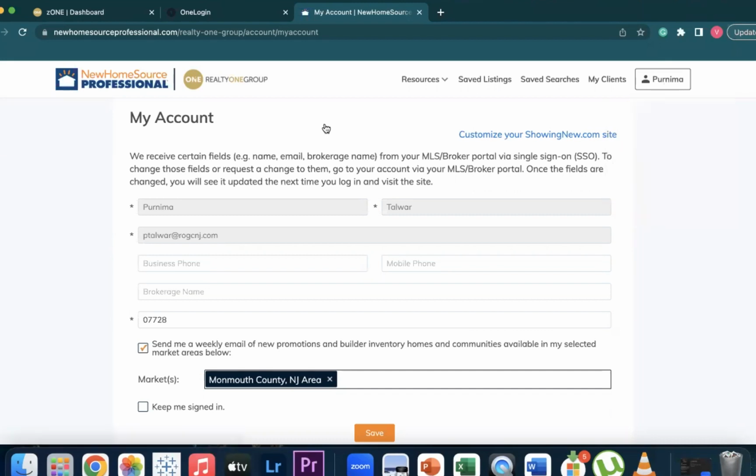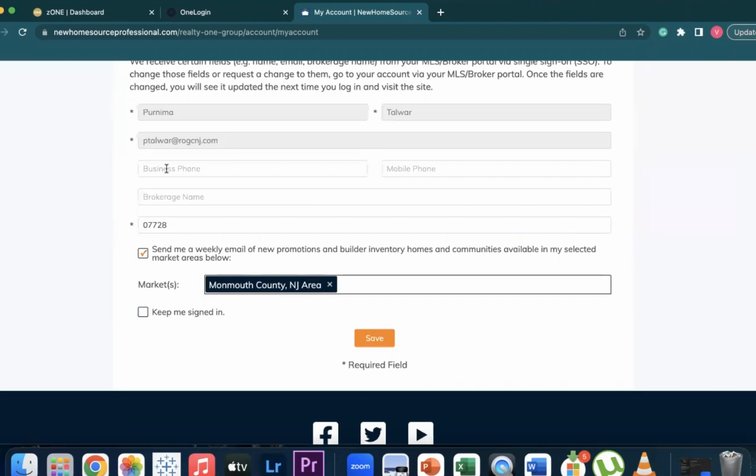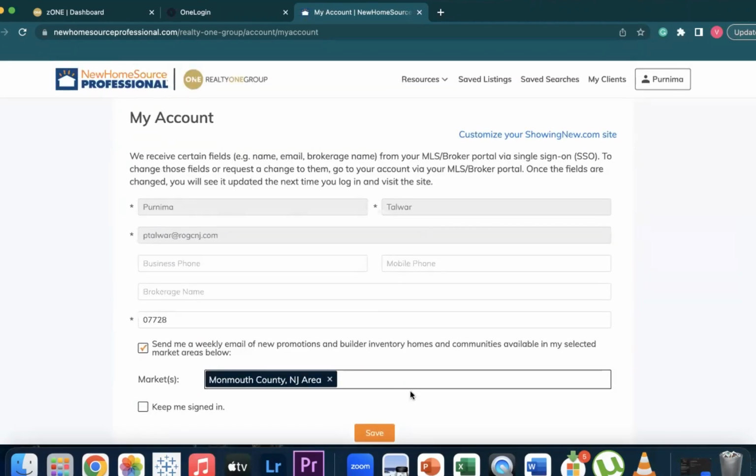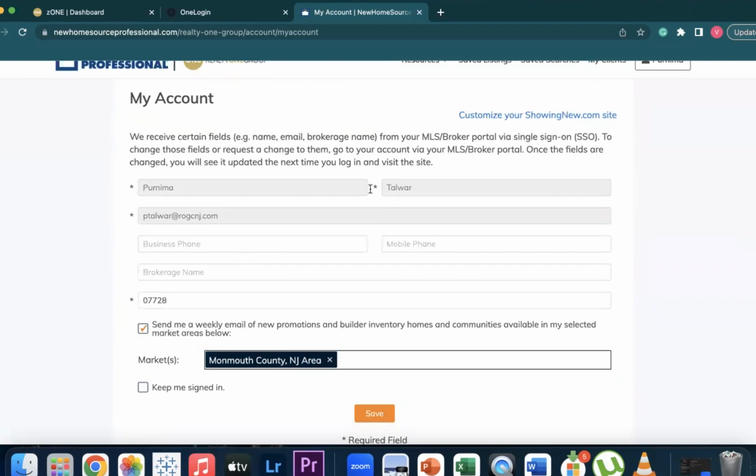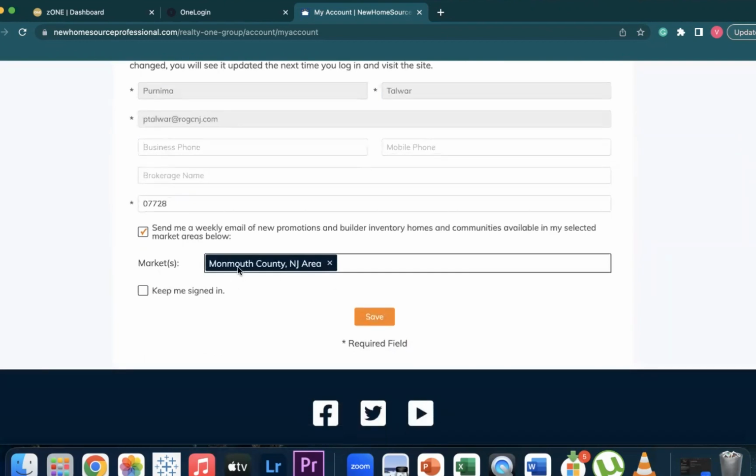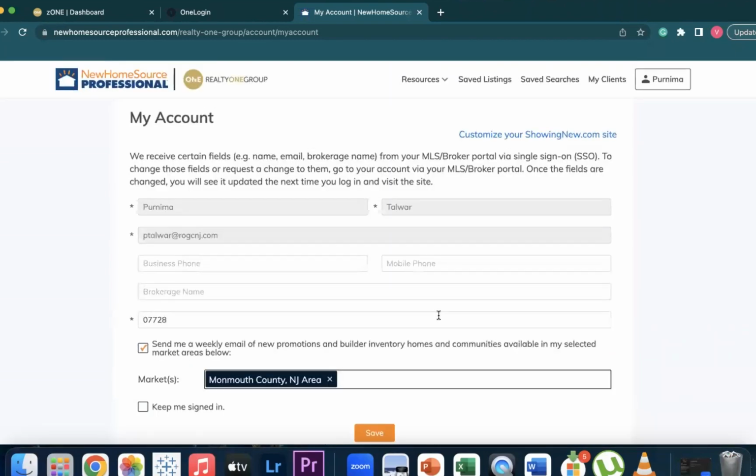Once you click on My Account, you have a few options over here. You can fill in the details, like here we have the name and the email address. This is logged, but if you want to add some other information, you can add that over here. Now we have the market areas where you focus more. You can add all of those market areas over here, and once you add that, just click on Save. Once you add your market areas and click on Save, the next step is to click on Customize your New Website. So if you click here,